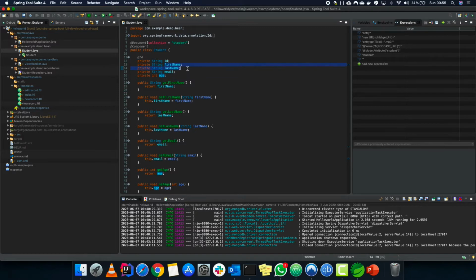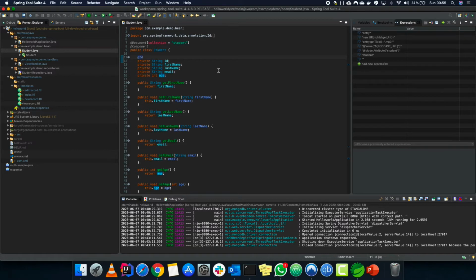MongoDB will be using it as an ID for the records to distinguish them, so it will be unique for the database. We have to create a particular field, name it whatever you want, and then assign it the ID annotation. What ID does is tell MongoDB that this particular field will be storing the values for the unique key ID.